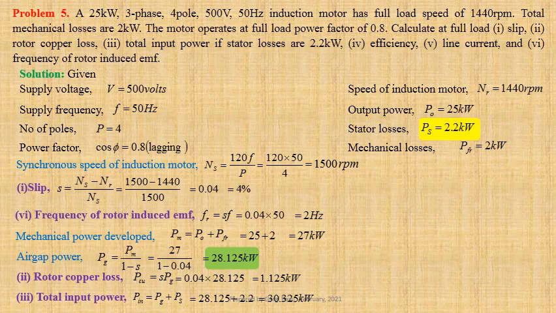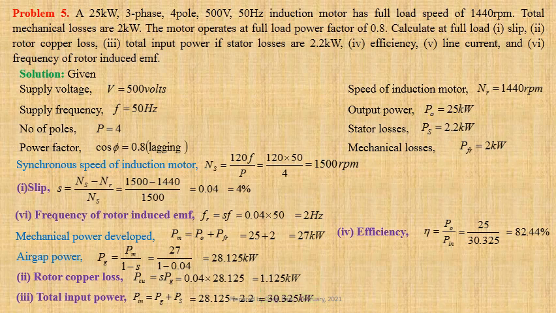Let us now calculate efficiency. Eta equals PO divided by P in. Using values, we get 25 divided by 30.325, that gives us